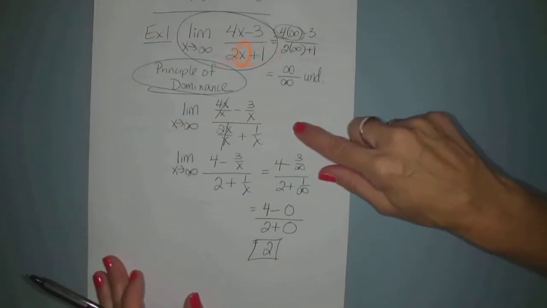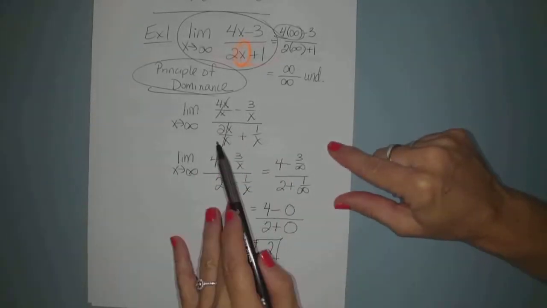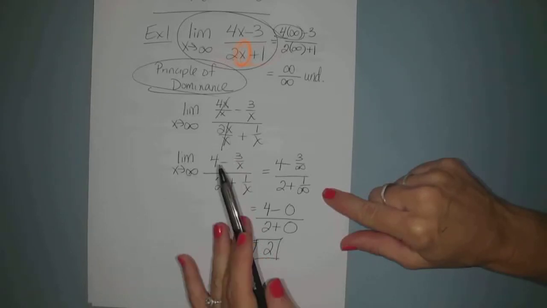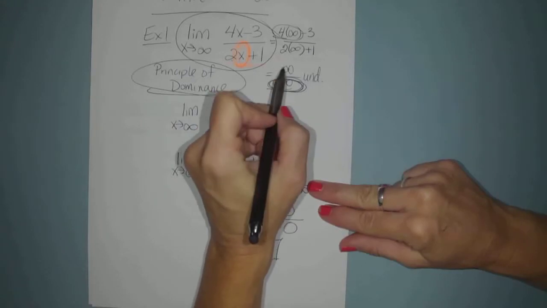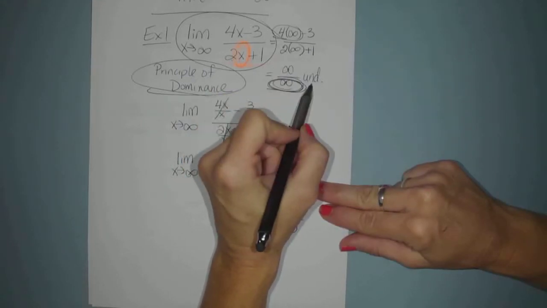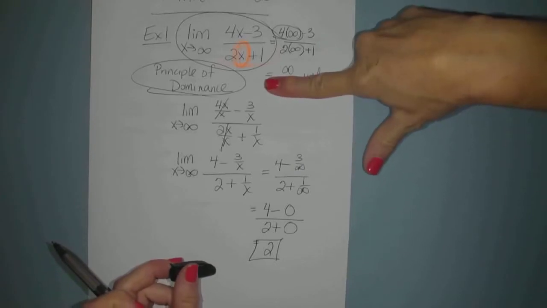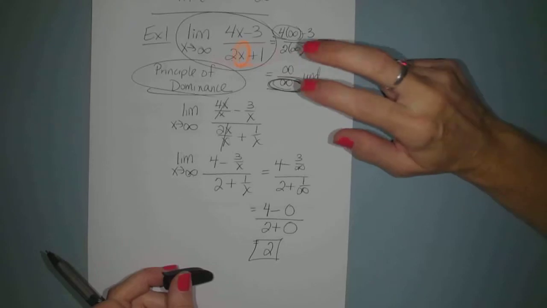The other thing I want to say is, why did we do this? I like to tell students, what the heck, why did we divide each term by the highest power of x in the denominator? Well, here's the reason. It's this infinity, when we first plugged it in, that's making this undefined. In other words, infinity is fine. Infinity is infinity. But you put that infinity on the bottom, now we're dividing, and this is